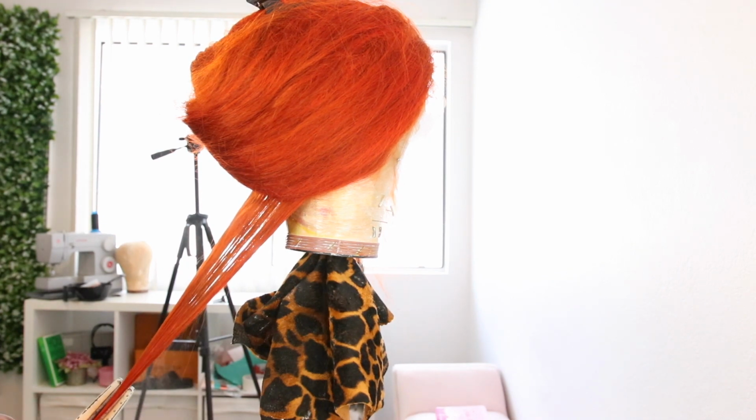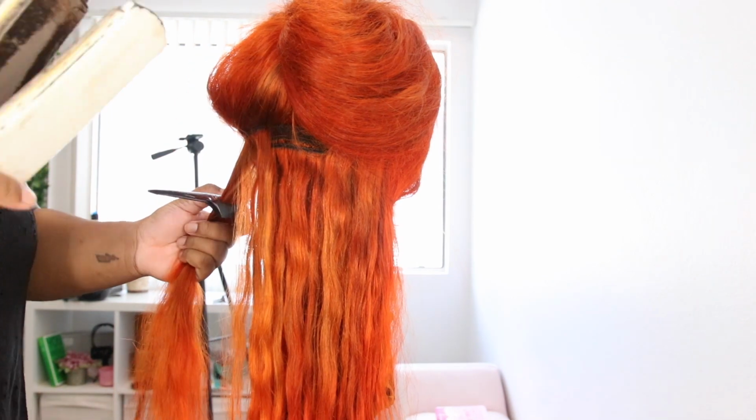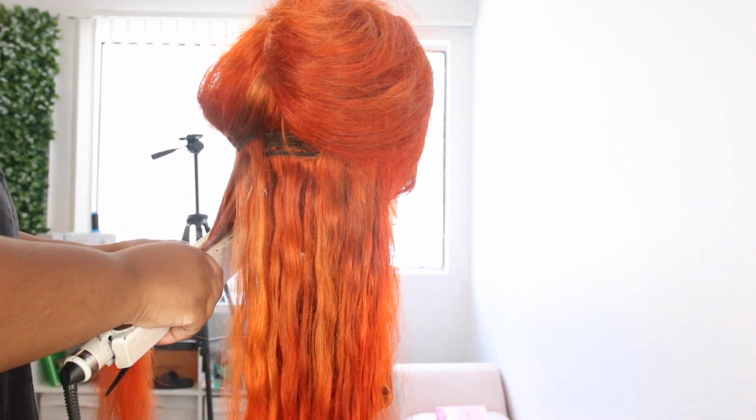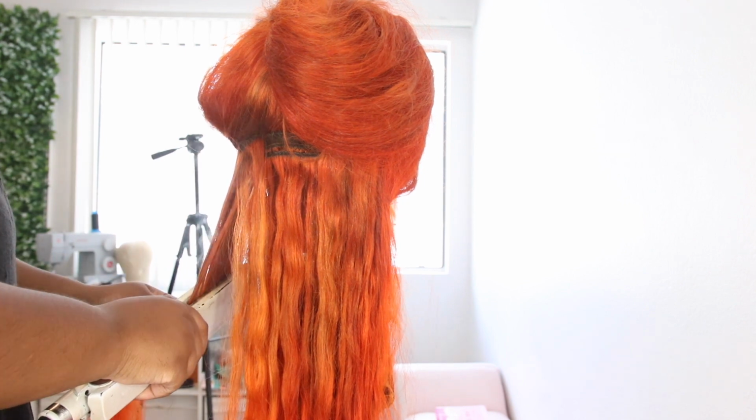Now my flat iron is on 450. It is on the highest setting. It's not burning the hair. All that smoke you see is the heat protectant. Okay, so I'm going to just go through the hair and